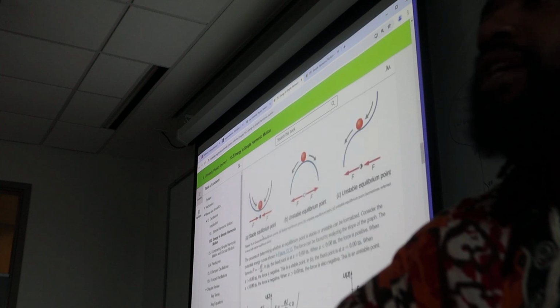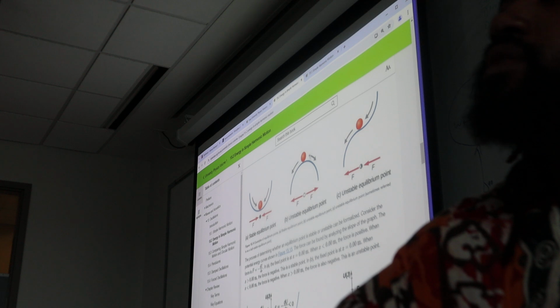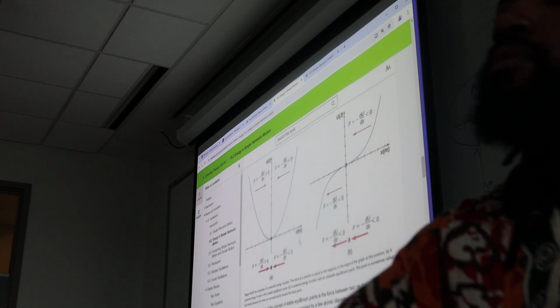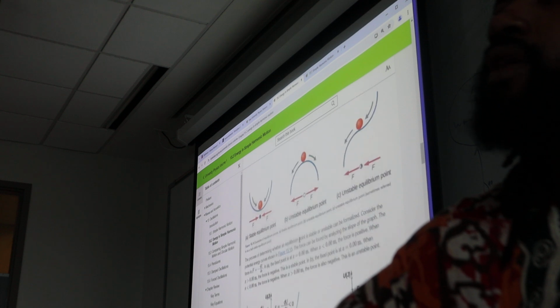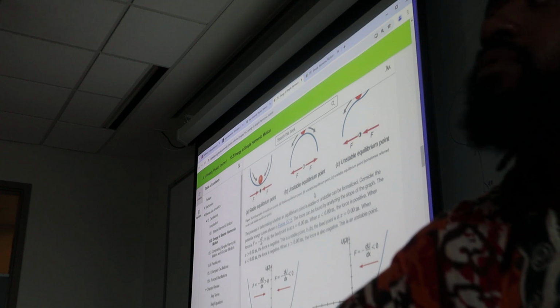That's why it's talking about stable equilibrium points and unstable equilibrium points. Stable, unstable, unstable. And now that I think about it, there may be certain types of sounds that are more unstable, like more